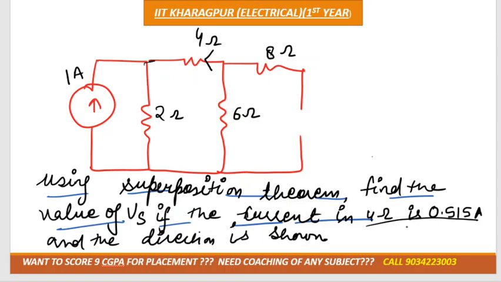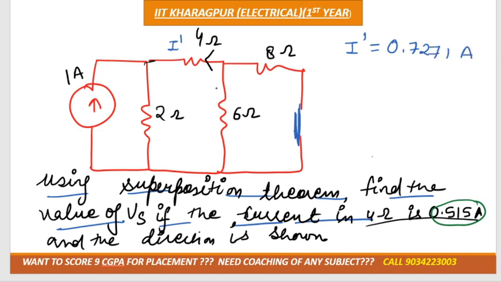Look, what do we need in this question? They have given that the current flowing in the 4 ohm is 0.515, right. So what we need to do, we'll take the first source as it is, then we'll need to short circuit the voltage, correct. So in this case, how much current is flowing in this, let us consider it would be I dash, right. By using mesh analysis or nodal analysis, we can calculate the value of current I dash, that you will get it as